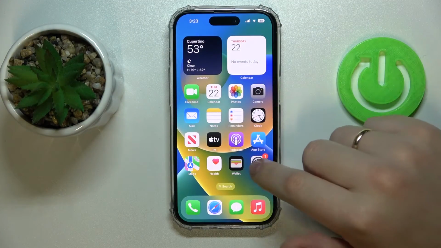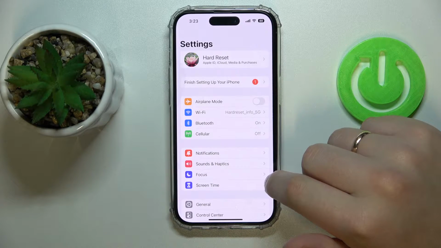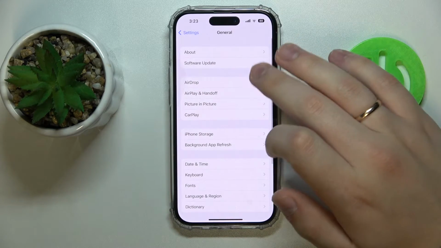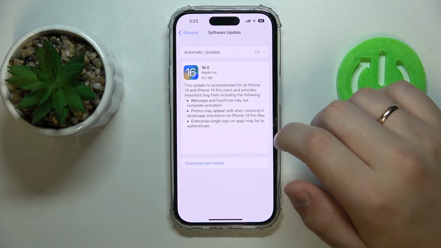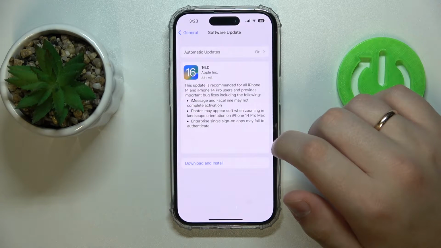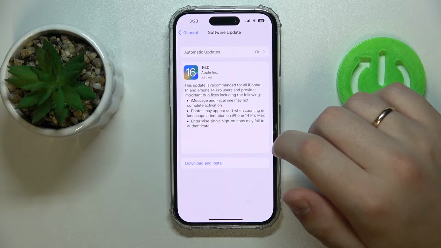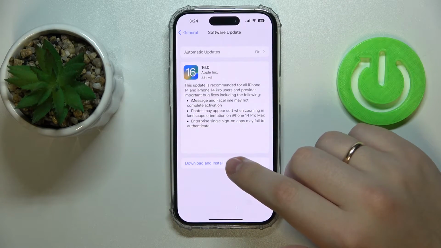First step is to launch settings. Then you gotta go for the general category, software update. Wait until it checks if you have any newer version of iOS. And in here at the very bottom, if you have any, you'll be able to go for the download